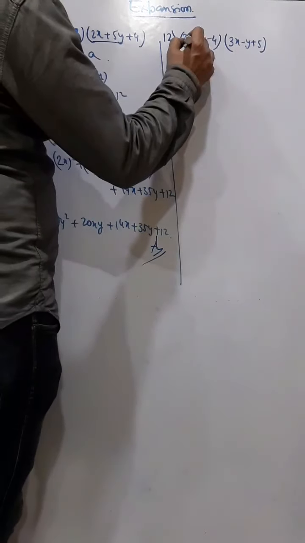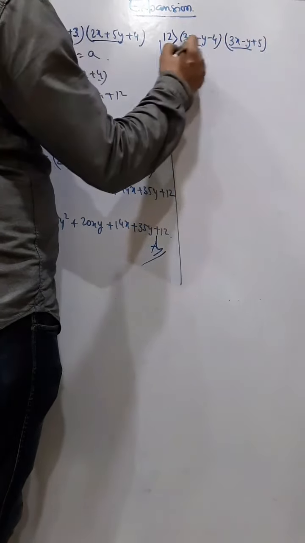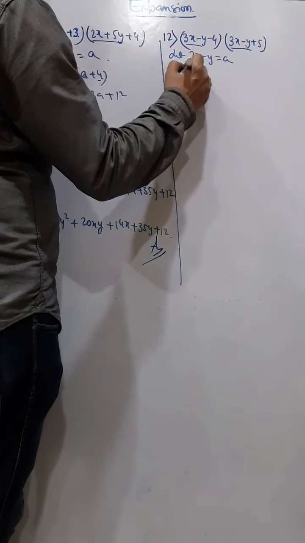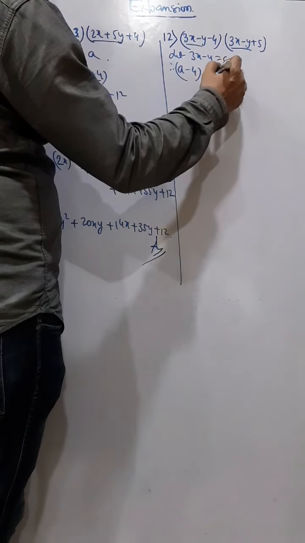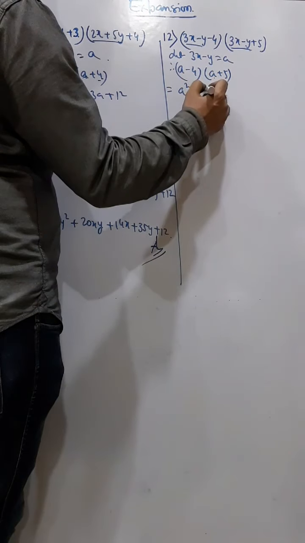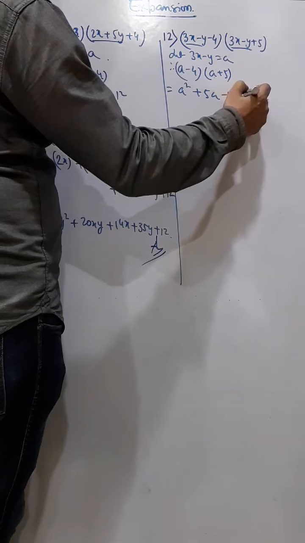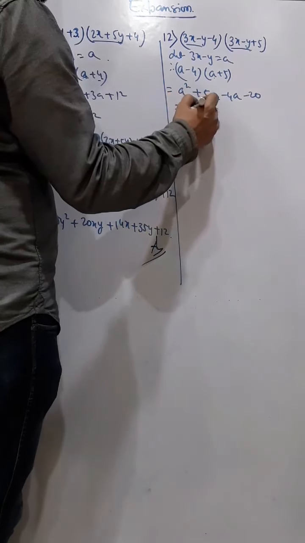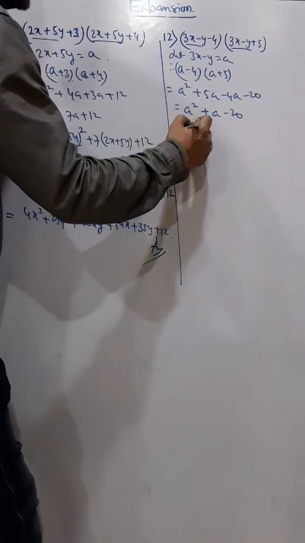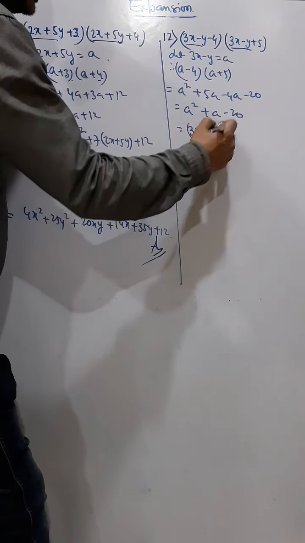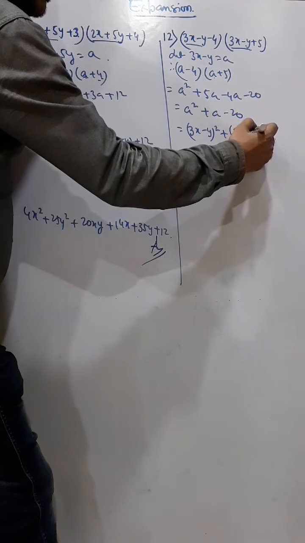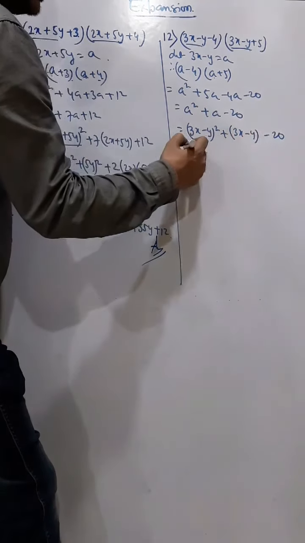So similarly here also, you can take 3x minus y and 3x minus y as a. So let 3x minus y is equal to a. Then we got a minus 4 and a plus 5. A into a, what we got, a square, then plus 5a minus 4a minus 20. We got a square plus a minus 20, and then put the value. A square means 3x minus y whole square, plus a means 3x minus y, and minus 20, and then